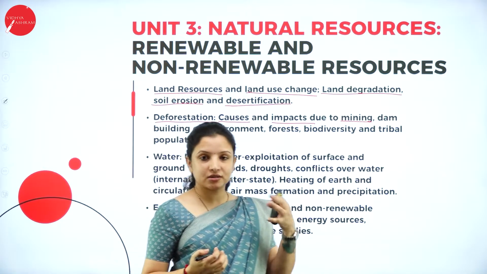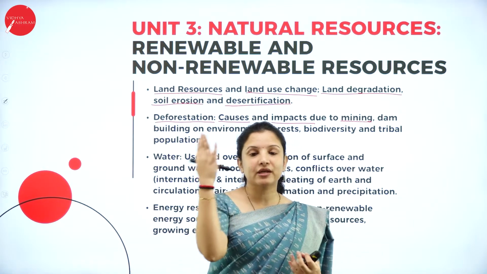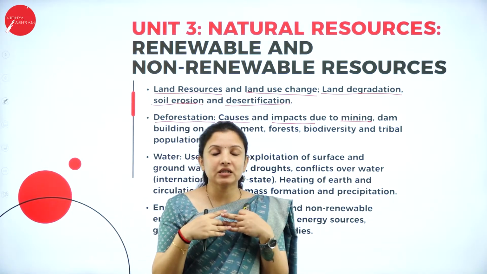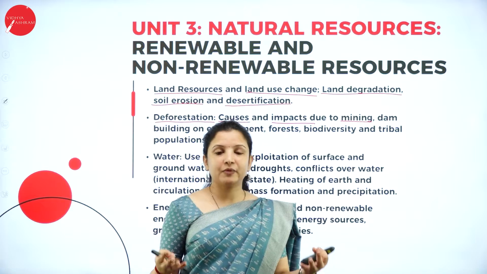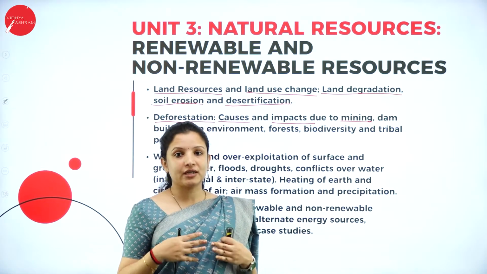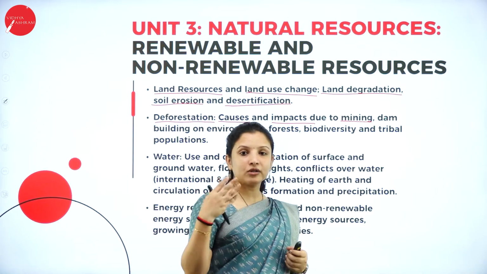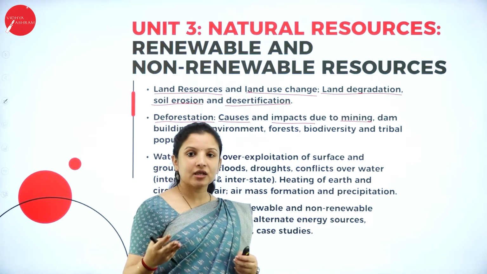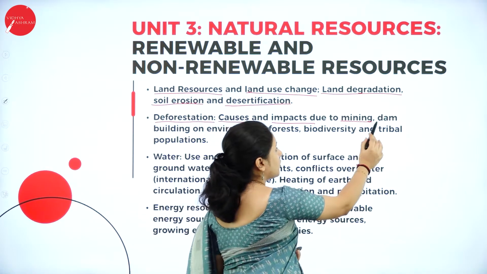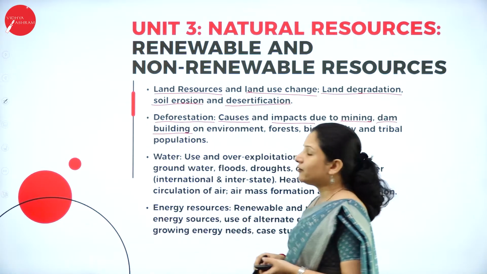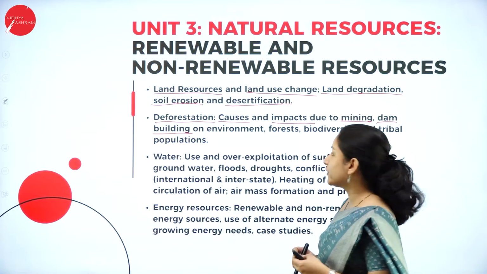If you go towards the Kudremukh side, you can see big hills which are completely without trees, right? Because they have cut down all the trees especially for mining. That is how deforestation is increasing because of mining, and because of the construction of dams, and what effects it has on the environment,